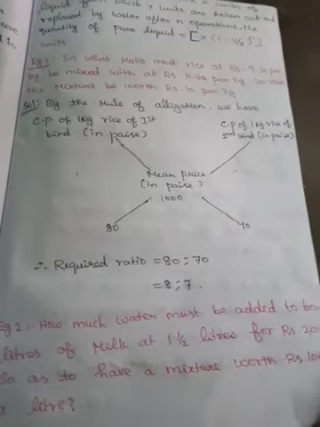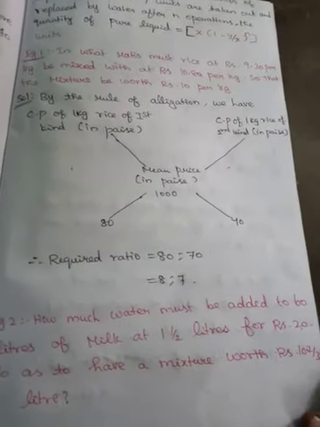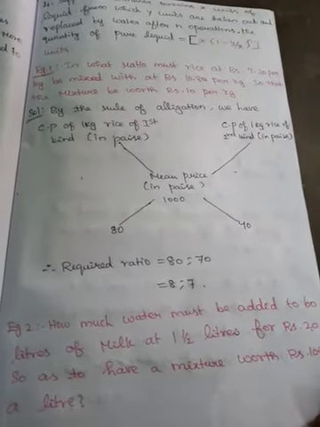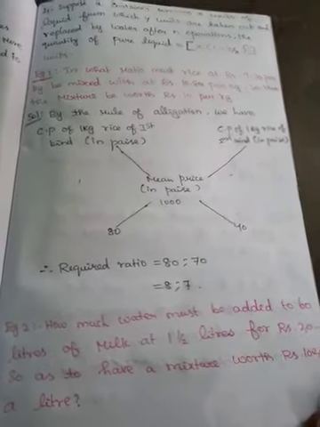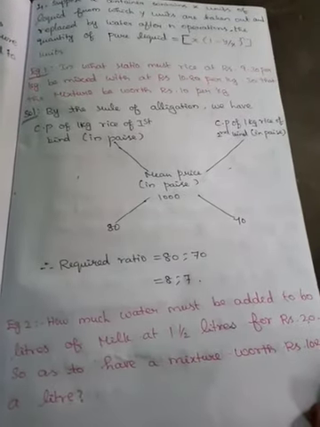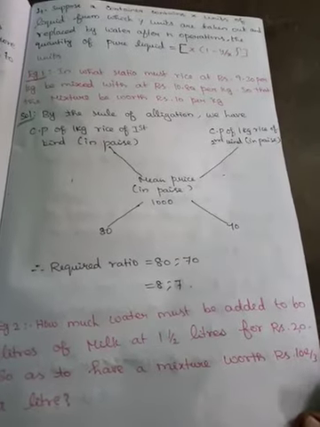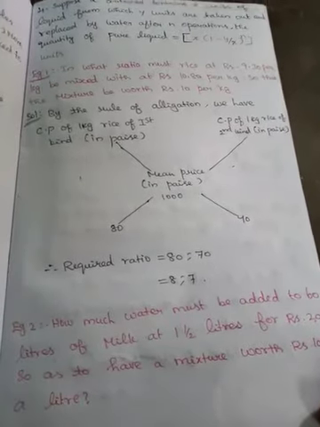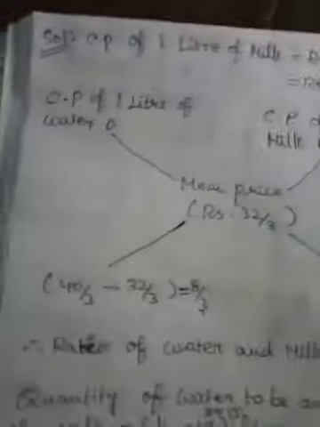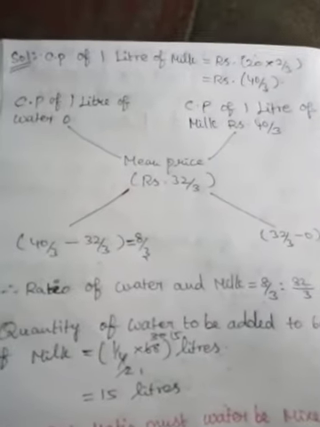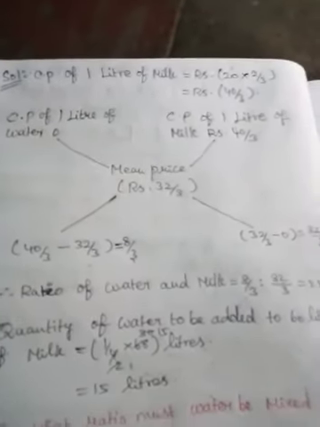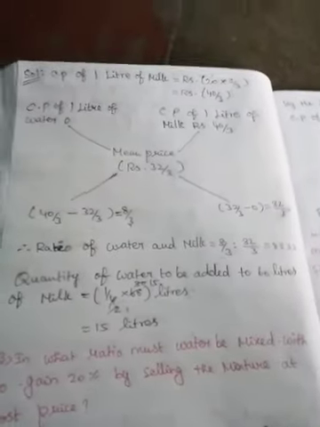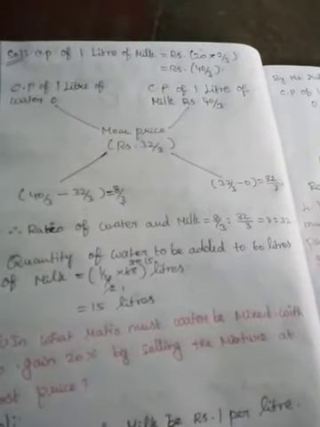Next, example 2. How much water must be added to 60 liters of milk at 1 1/2 liters for rupees 20 so as to have a mixture worth rupees 10 2/3 a liter? Solution. CP of 1 liter of milk equals rupees 20 into 2/3, equals rupees 40 divided by 3. CP of 1 liter of water